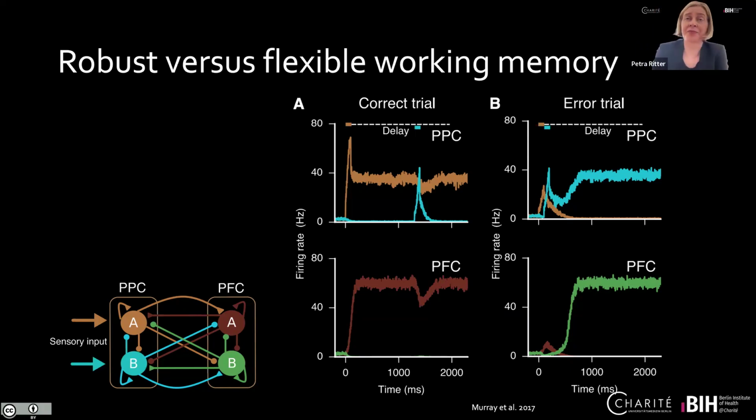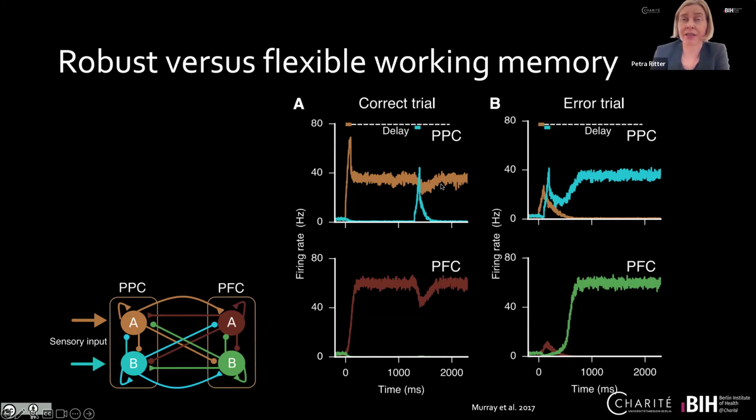And working memory is linked to cognitive flexibility. Can you switch quickly? If you have stored a working memory trace, for example, coded by this neuronal population here, and then the next stimulus comes,